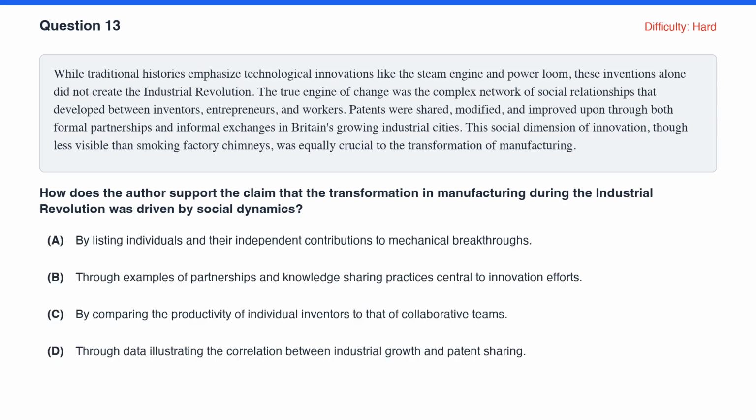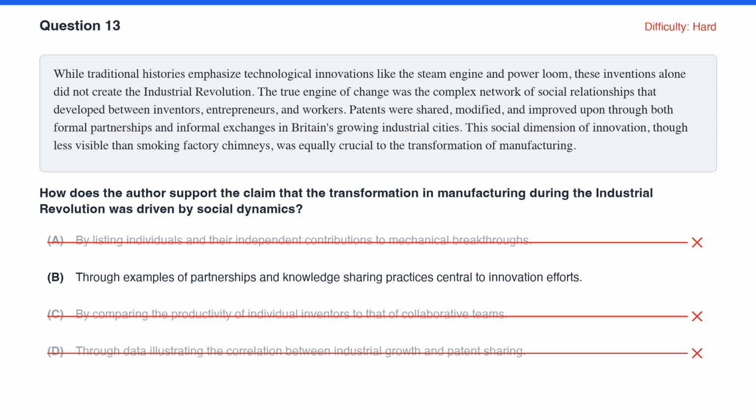We need the choice that matches the author's actual method of support, pointing to collaboration and exchange rather than statistics, productivity contrasts, or solo achievement. Choice A misreads the passage, which highlights collaboration rather than independent contributions from individuals working alone. Choice C is unsupported because the author never compares the productivity of solo inventors to that of teams. Choice D fails because the passage offers no data, statistics, or correlation figures linking industrial growth to patent sharing, only